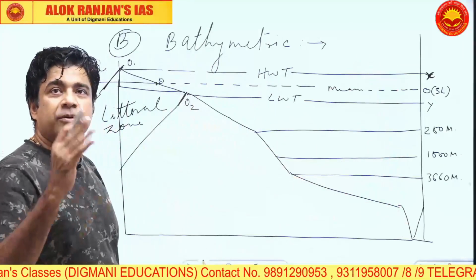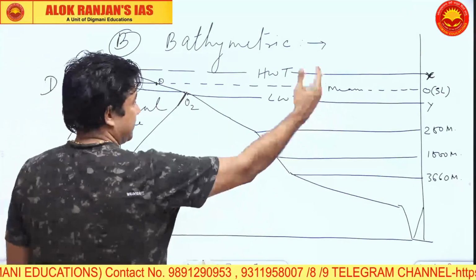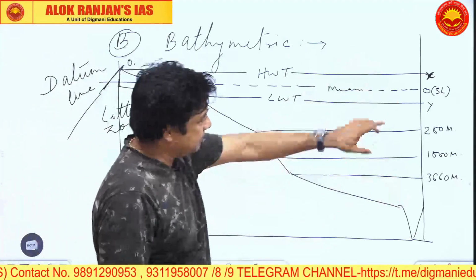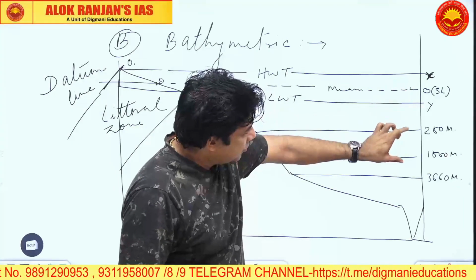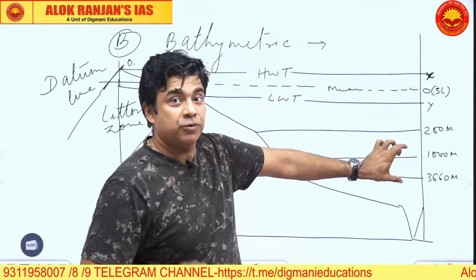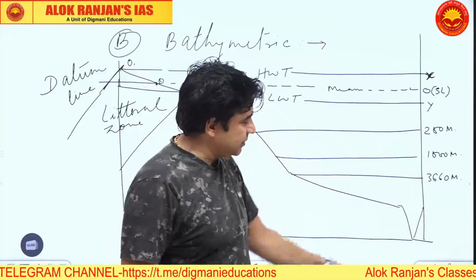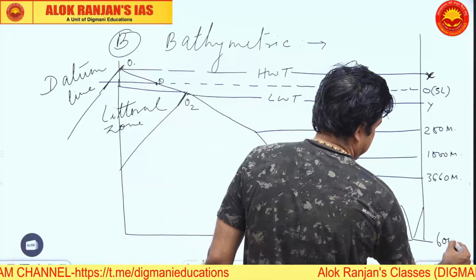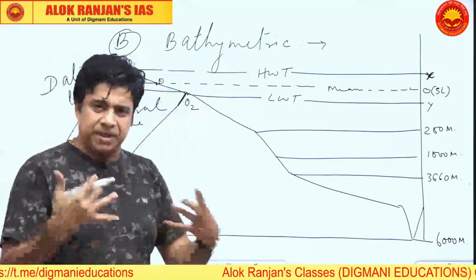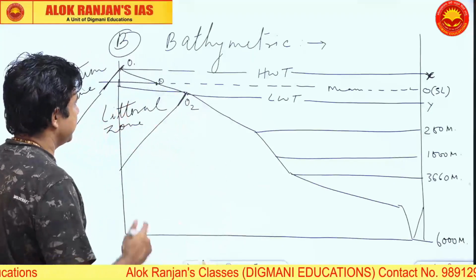Now, okay, Anushka, yes. Faizan, yes. Okay, so this is the bathymetry, the depth which has been taken. I have taken depth of 0 to 200, 200 to 1000, 1000 to 3660, or 2000 fathoms we call it. So 3660 meters, and this will be your 6000. 6000 meter is the maximum average depth which will come for the oceans. So these are 6000 meter.